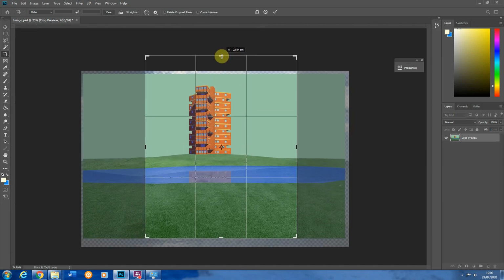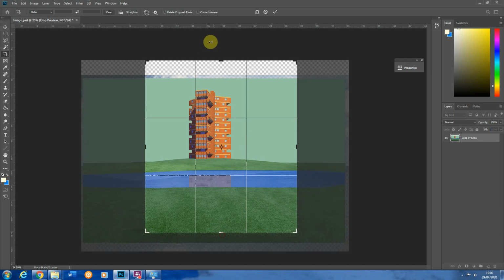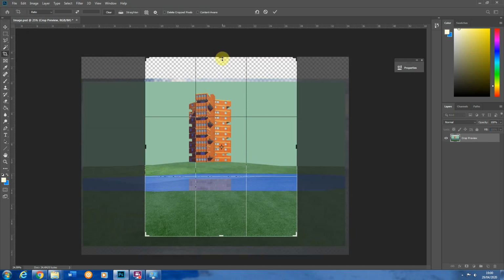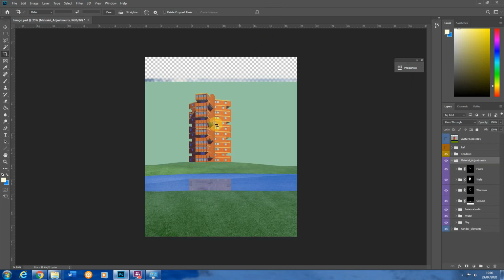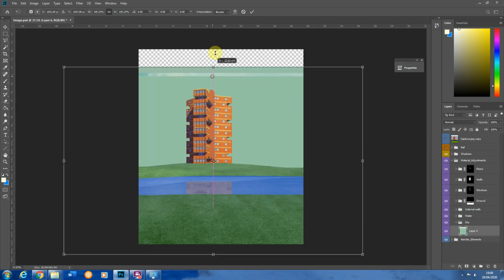So I'm going to make it a little bit taller. I'm going to get rid of a bit of foreground here. I'm just going to stretch it up a bit, like so. And when you're happy, you can just hit the tick up here. Now because of that, I'll need to extend up my sky, so I can do that now. Just going down to this sky colour I put in, doing Control T to transform, and then just dragging that